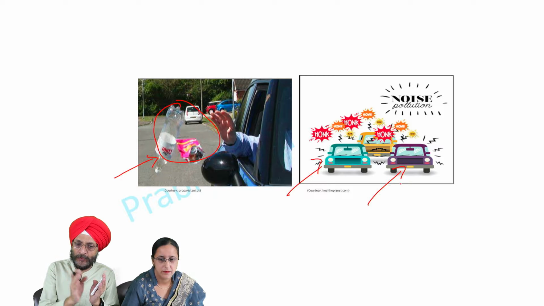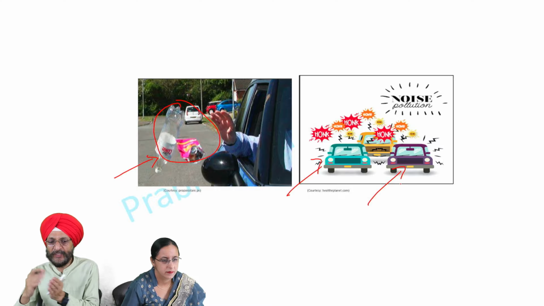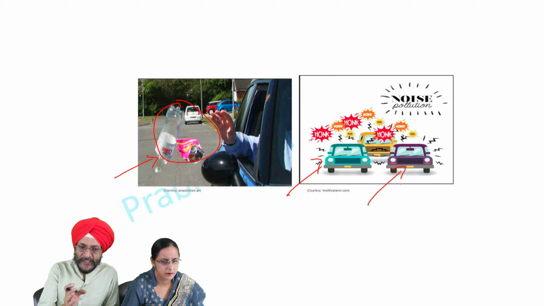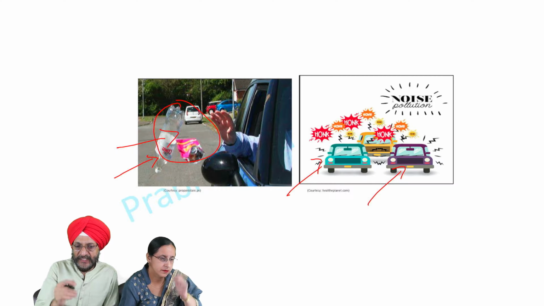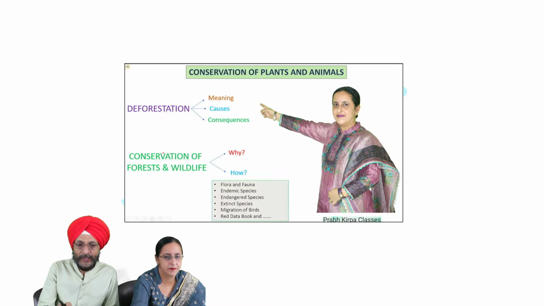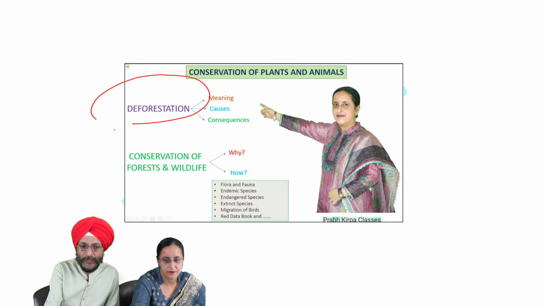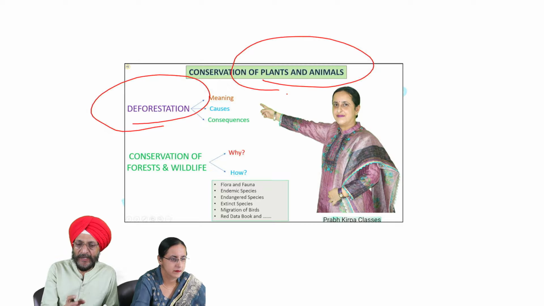That is, we do not care for the society. We are only concerned with our own entertainment, with cleanliness only in our car, or showing off in public. So we do not care for societal welfare or for the environment. Here you can see that we are causing a lot of harm to the environment by creating waste, by not placing the waste at the proper place. We are also causing a lot of deforestation. We are not taking care of the plants and animals, which is ultimately proving harmful for the society and the environment.